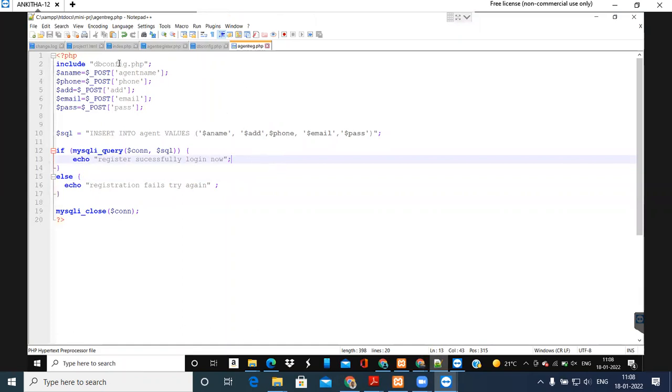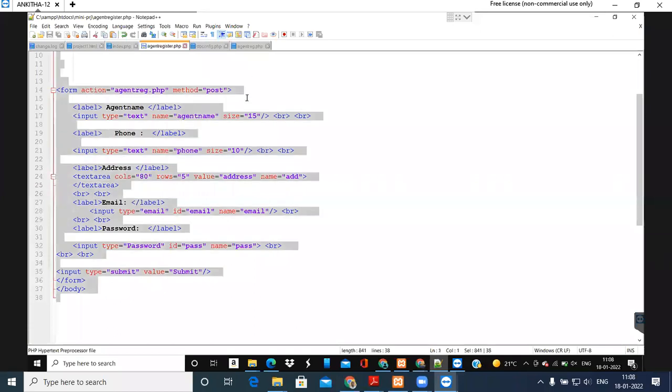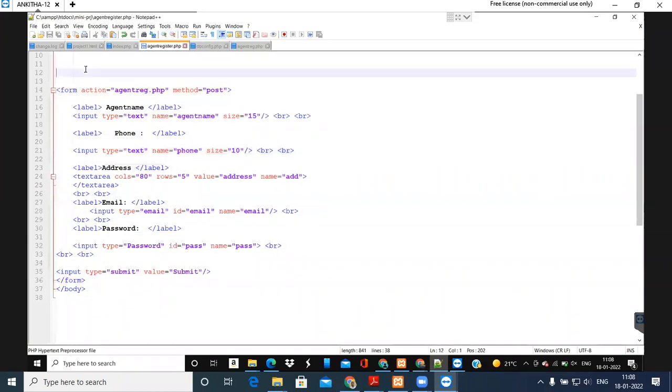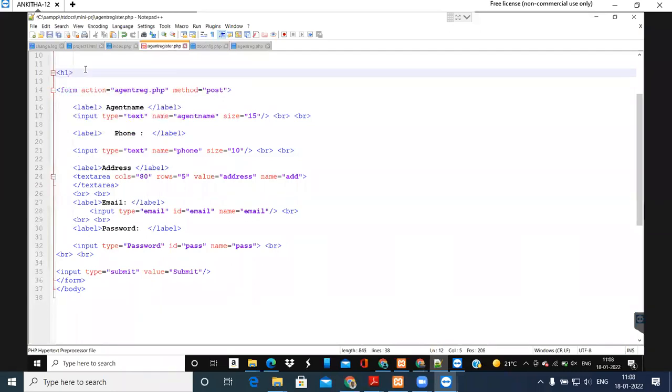Okay. For the login form, you have to create another form. So for the login form, you don't do anything, you just copy this one. So here you give a heading. This one is agent registration. So you type the heading as agent registration. Okay.